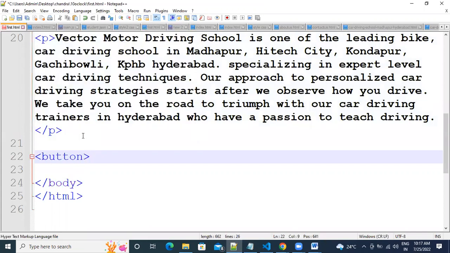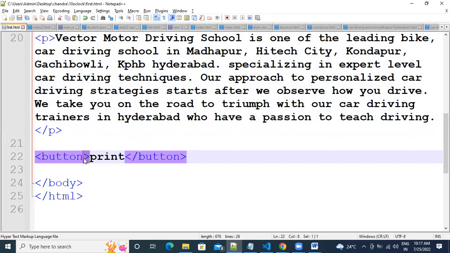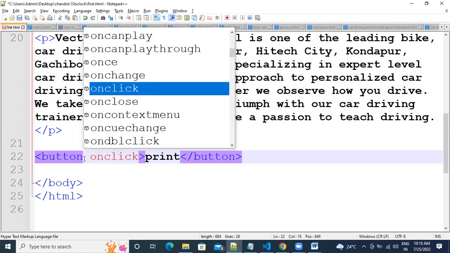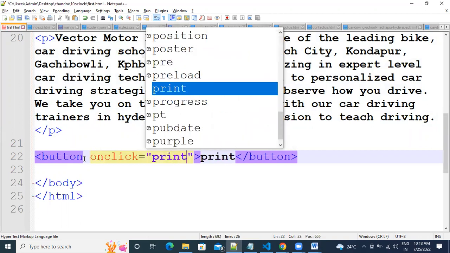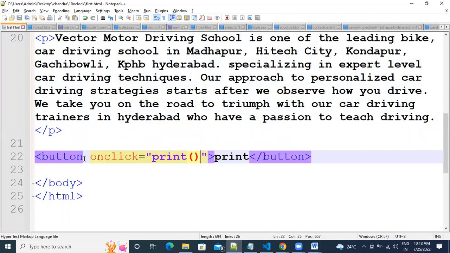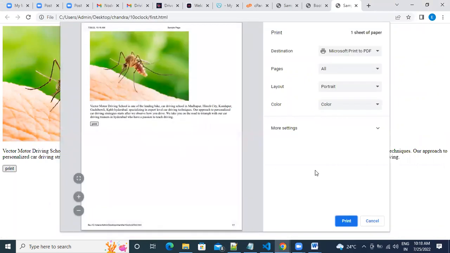I'm going to take a button here. The button text is Print and the button should be closed. If I click on the button, I want to do the print. So what are we going to do? When I want to do the print, if I click on the button, that is onclick. onclick equal to print. Print is a predefined method. You can use that method. So we will get the preview,